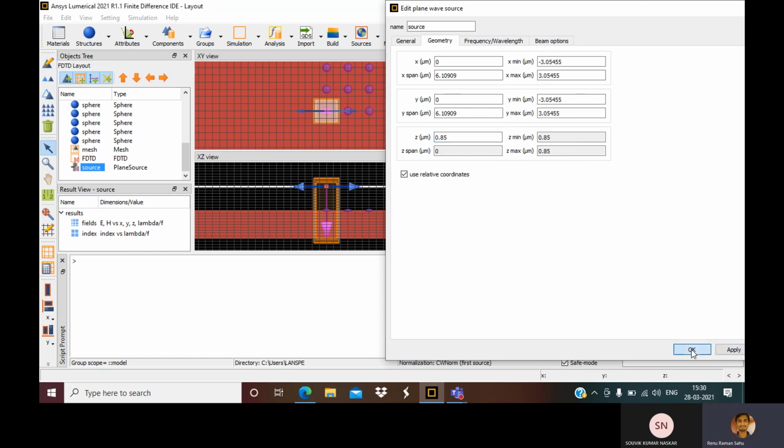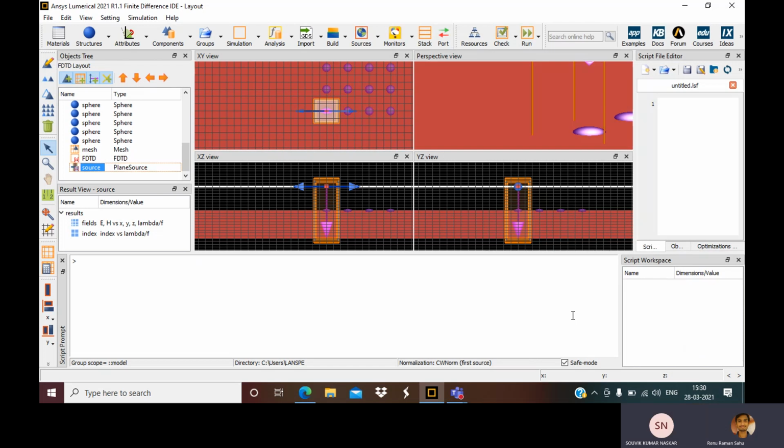So in this source, there is backward z direction, and another is towards both x directions, plus x and minus x. The thing is, we have to take this source within the mesh as well as the FDTD region.